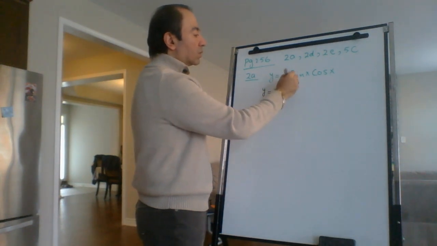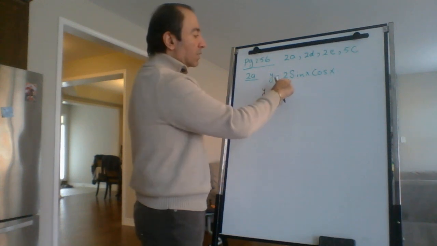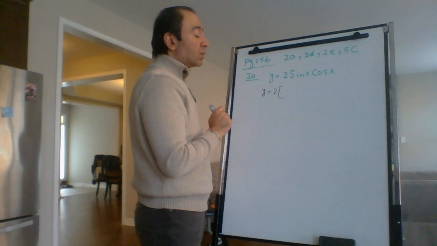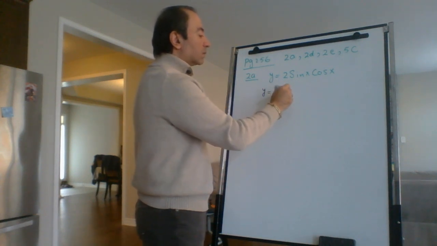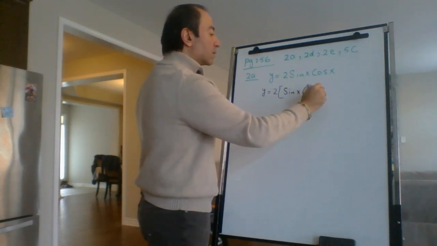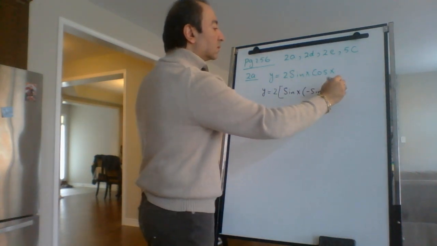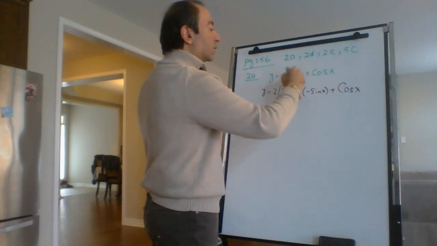So now we are going to find the derivative of sine x cosine x. As you see, those are 2 functions multiplied. So we have to use product rule. Product rule says the first function times the derivative of the second. Derivative of cosine x is negative sine x, plus the second times the derivative of the first,